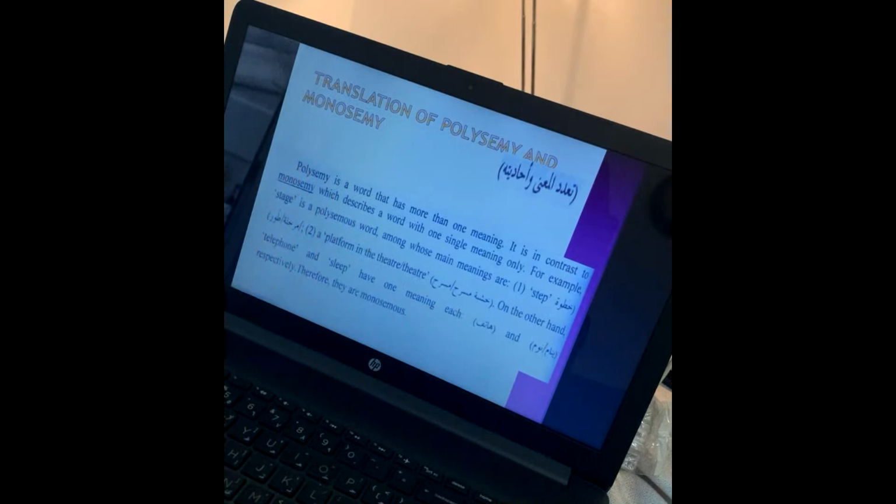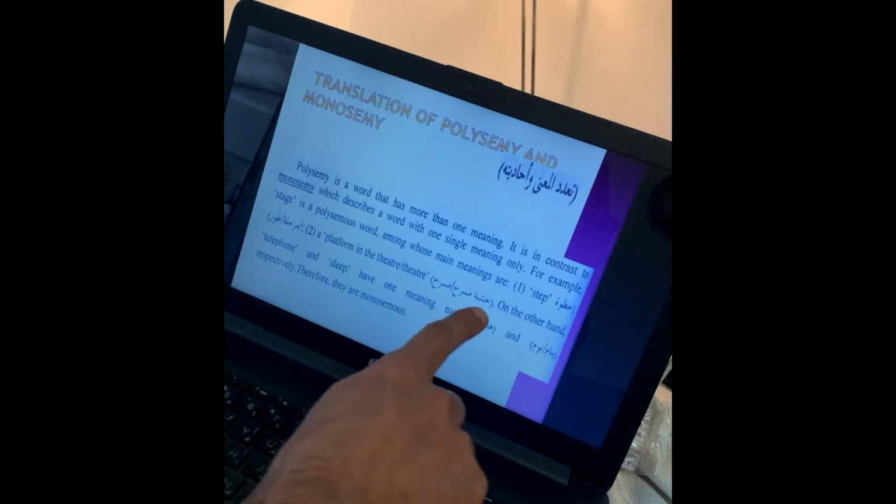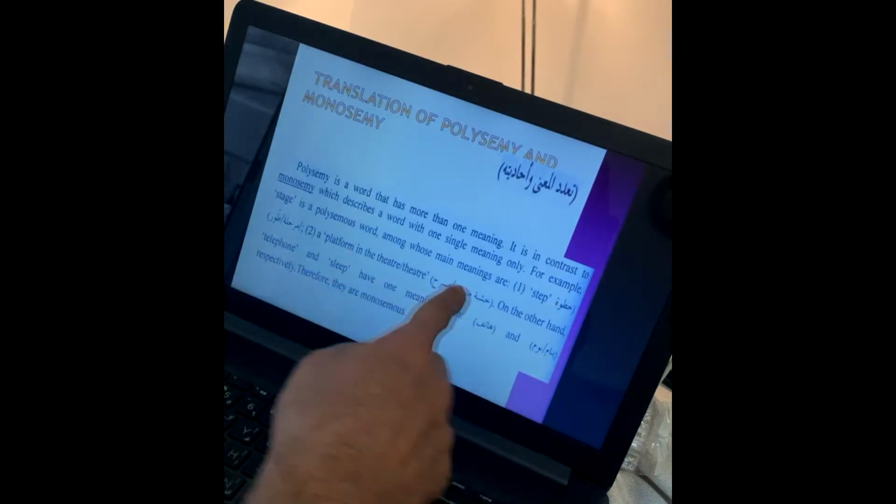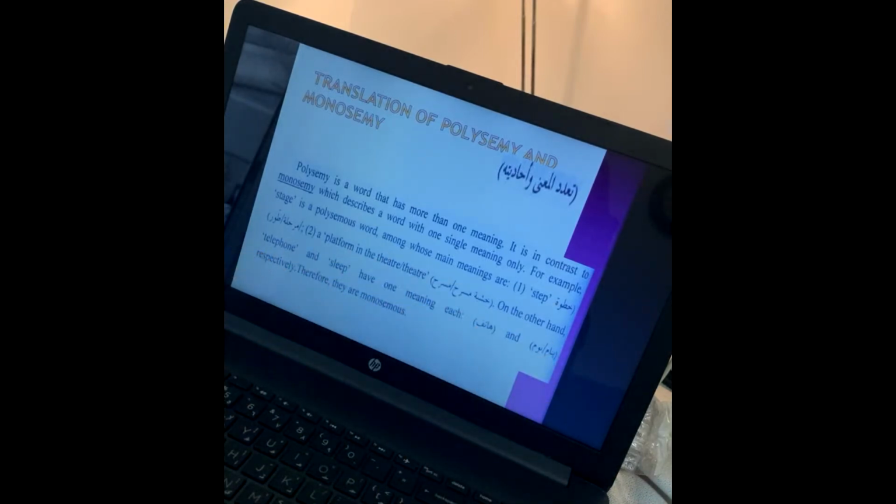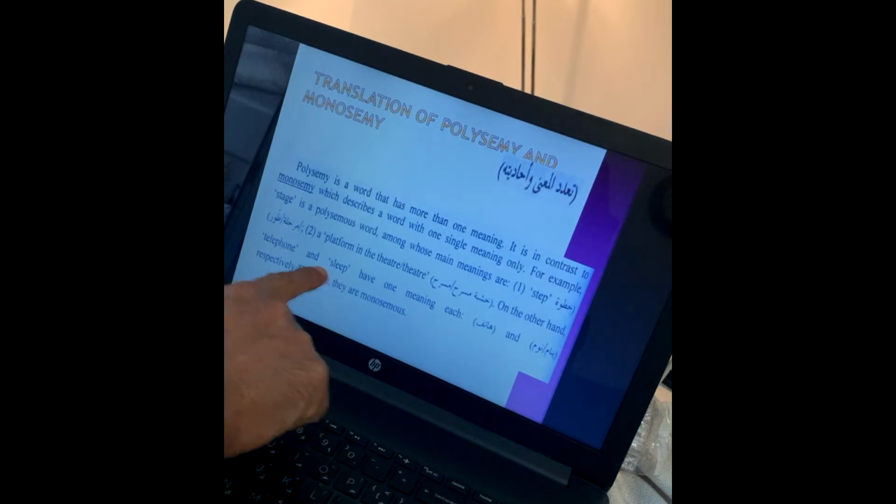It didn't say on the first hand here. Look at this. I mean, this is extremely important. Even though it didn't say on the first hand, on the other hand, we have to give that kind of juxtaposition between the two, on the one hand, on the other hand, and that is quite important. So ومن جهة أخرى أو من ناحية أخرى فإن كلمة تليفون وكلمة sleep